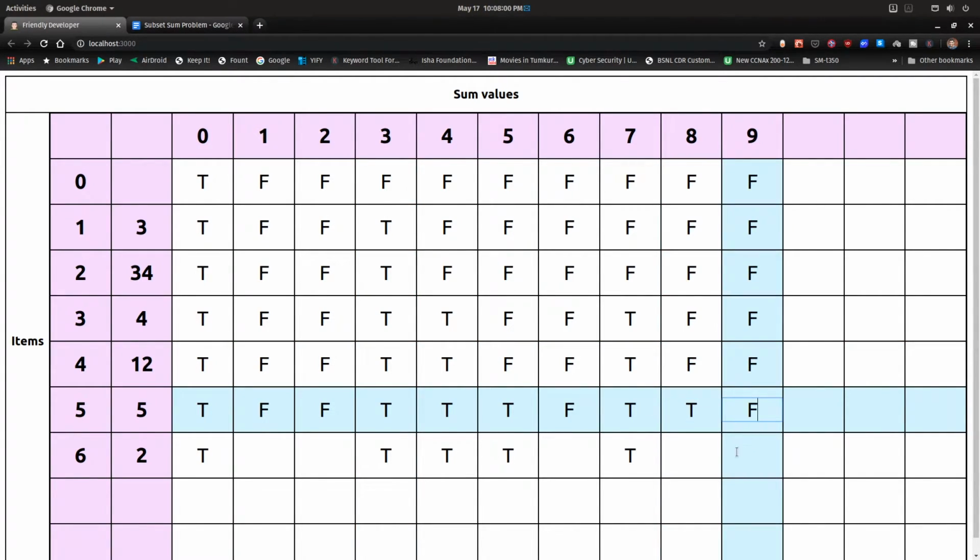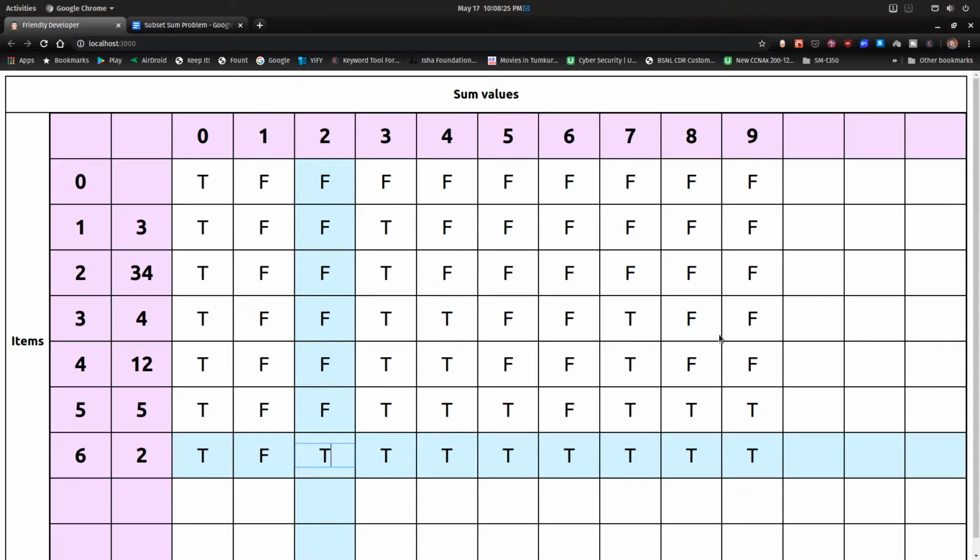Okay, so we write true. And similarly, let's apply the shortcut and write true. For 9 also, 5 and 4, 9 minus 5 is 4. For the 4th column, there was true, and we copy the same thing, so all these become true. 6 is possible. 6 minus 6 is 0. We write true, and so on, guys.